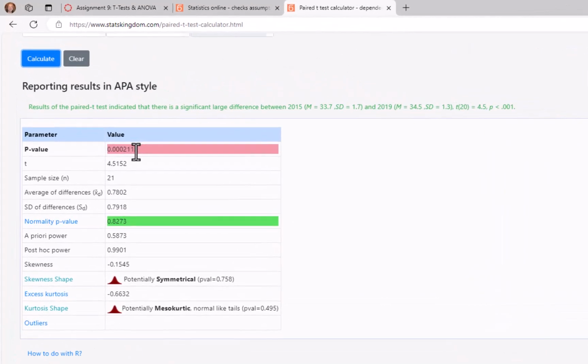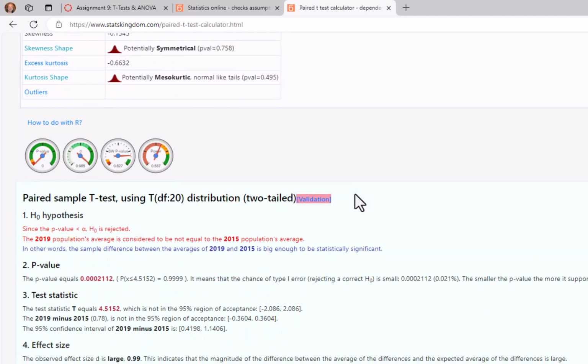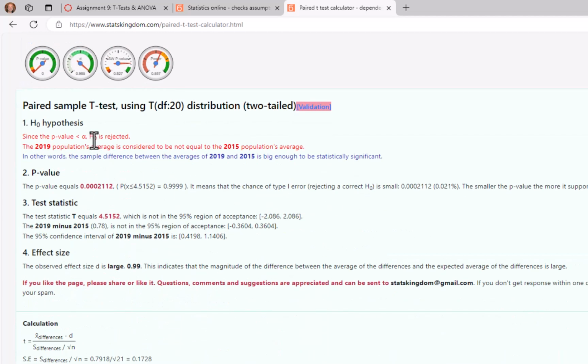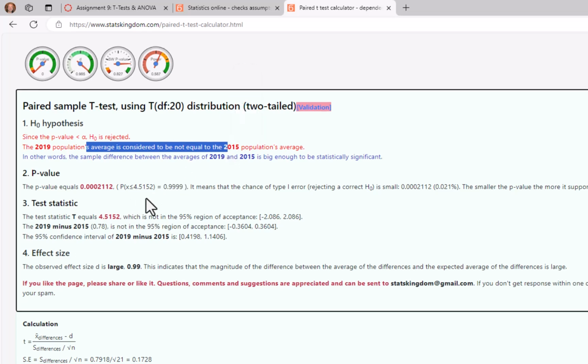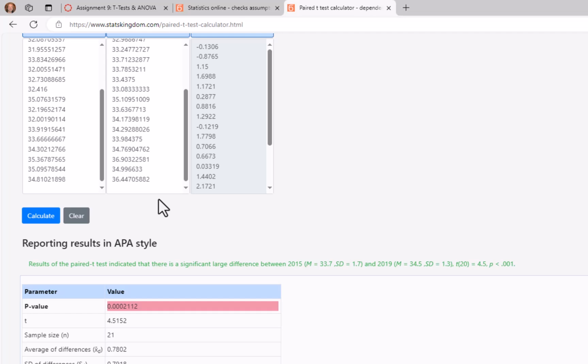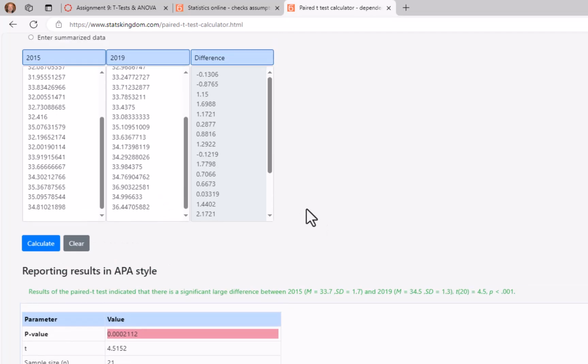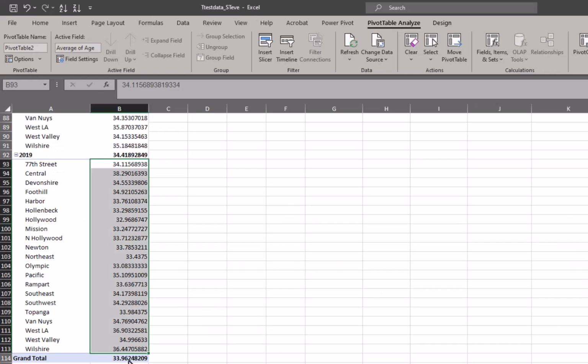So what does it say? The p-value there is very small. The t is 0.45. So we scroll down here and we reject the null. The 2019 population average is considered to be not equal to. And so there was a difference between the two groups in terms of